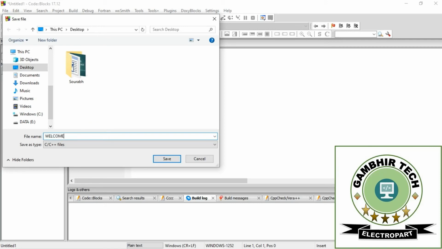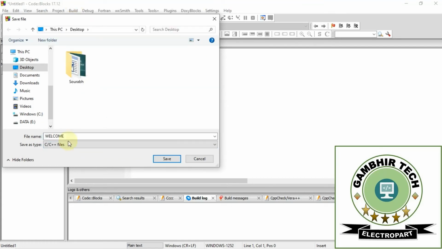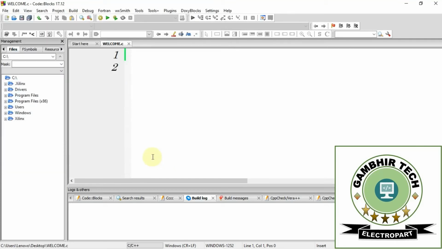You can give it any name. Look at the save as type: it should be C or C++ files, so select the C++ files and save. Now we have a welcome.c program because we are writing in the C language. So let's start the program.